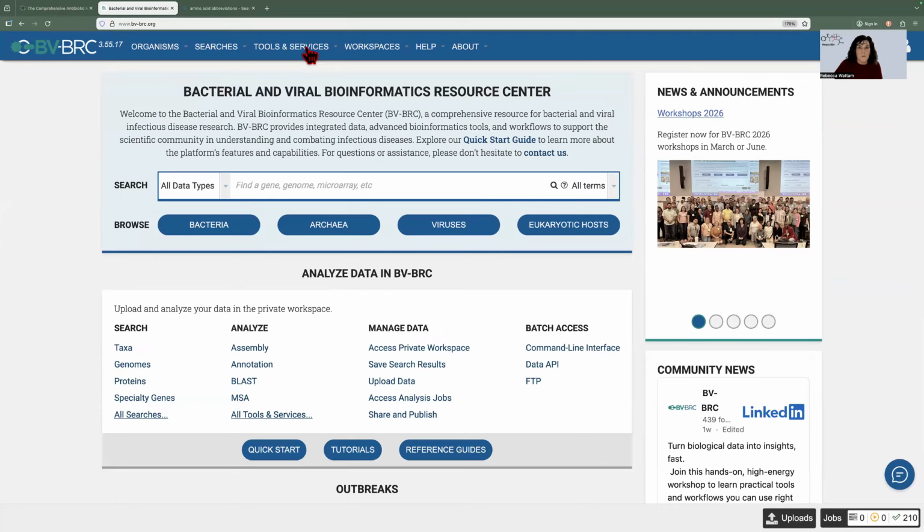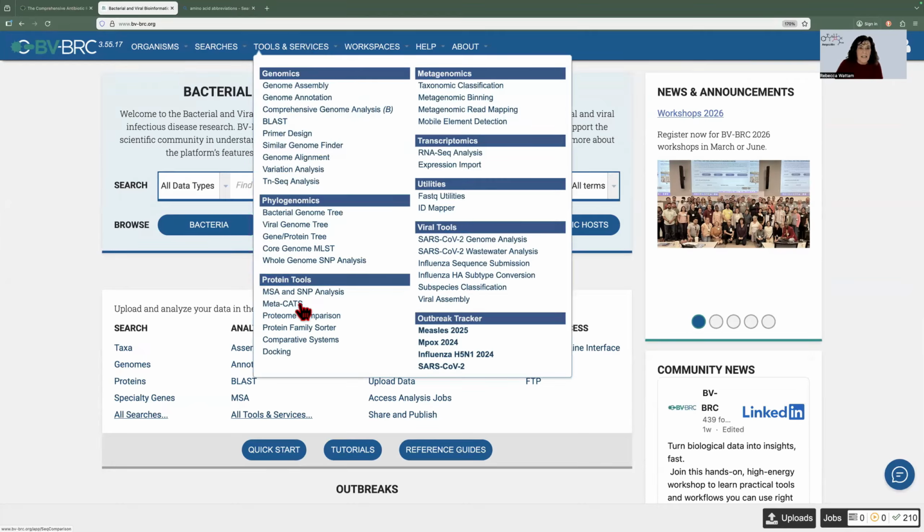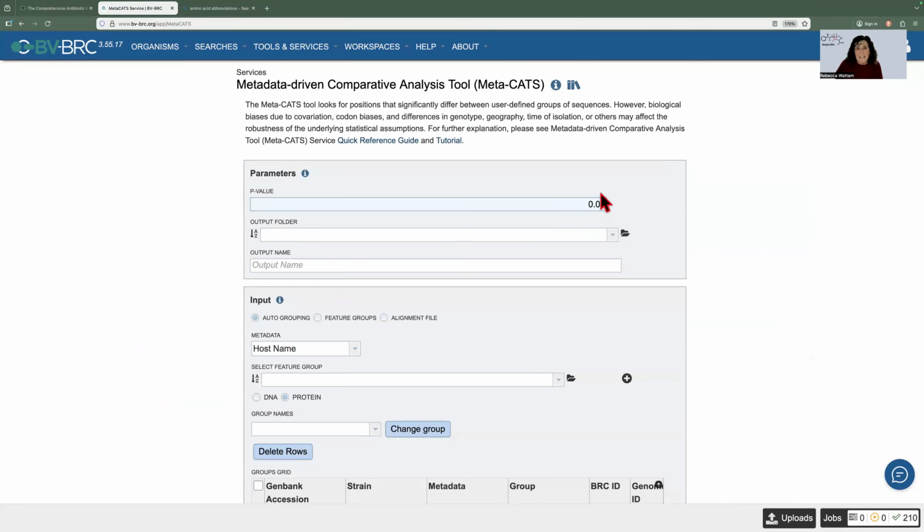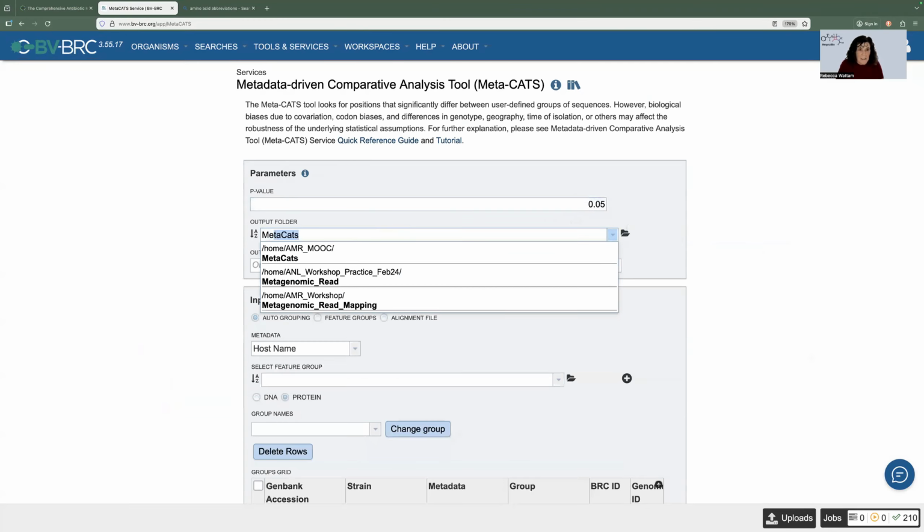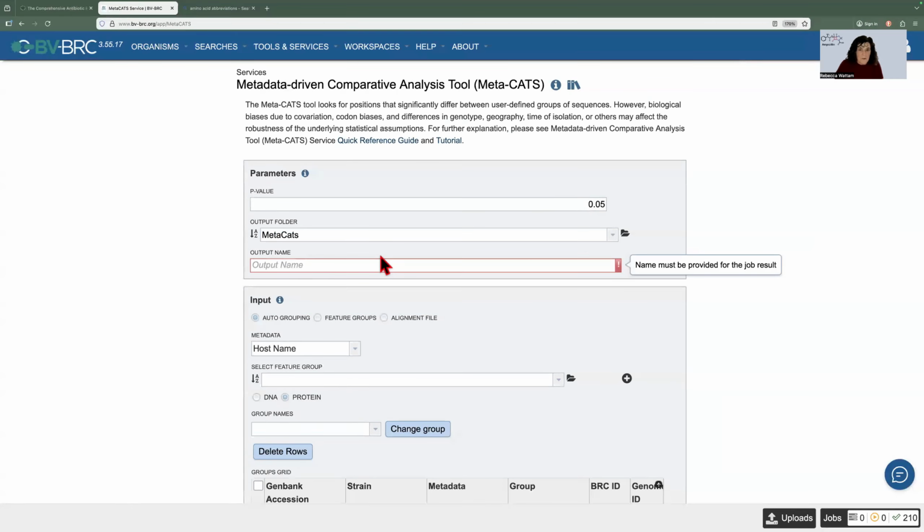I click on Tools and Services, and then I click on Metacats. And I'm going to leave it at the p-value of 0.05. I need to have an output folder. So I've created one. So I'll put it there. And now I need a name. And I'm going to call it amoxicillin